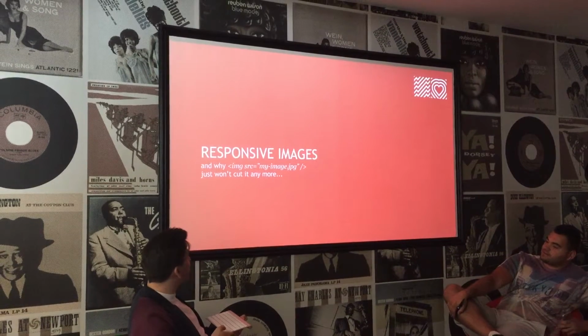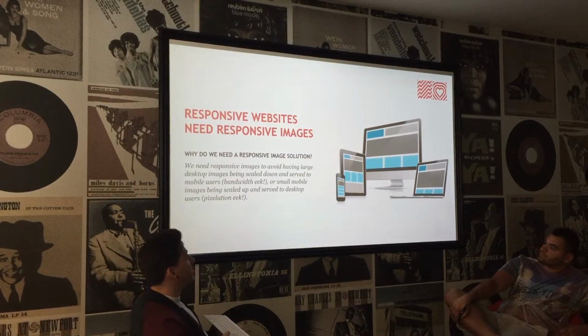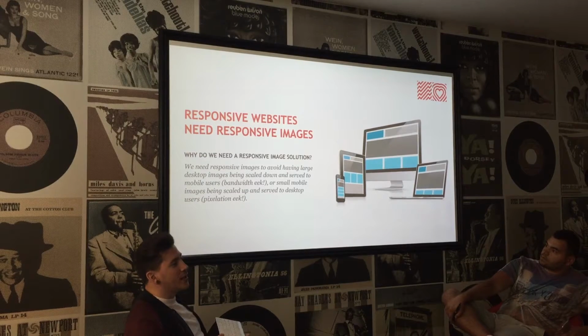So, I'm going to speak about responsive images. So, why do we need a responsive image solution? So, basically,